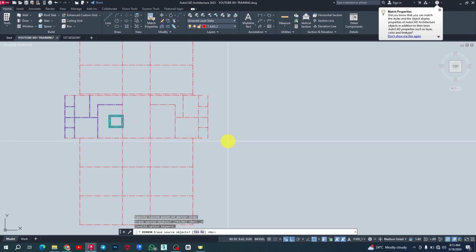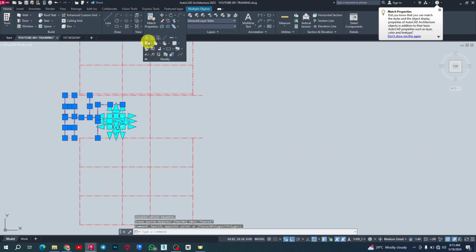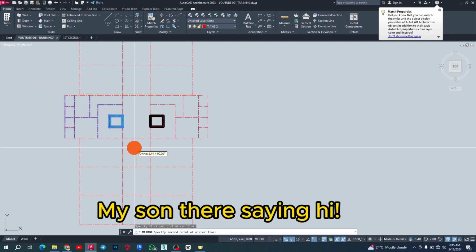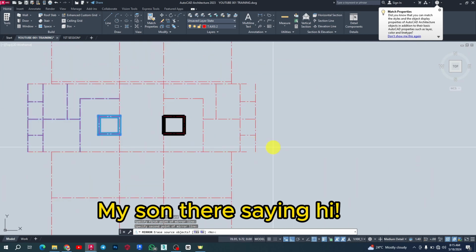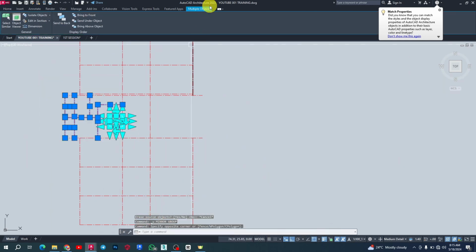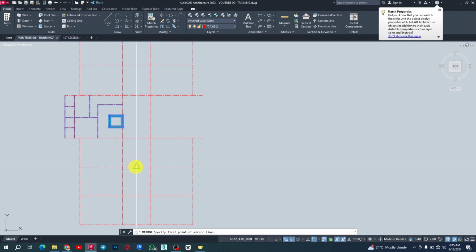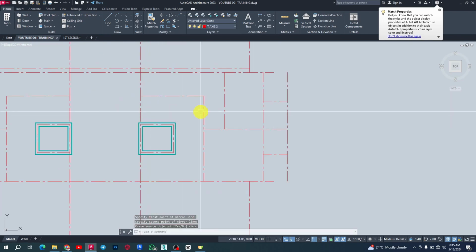Unfortunately, I did not mirror the lifter shaft. Okay, so I'm going to select everything all over again. Then I go to Modify and click on Mirror, and then I mirror from this point so that I have equal distances on both sides. Okay, so I'm going to just press escape. No, not escape, sorry. So Modify again, and then